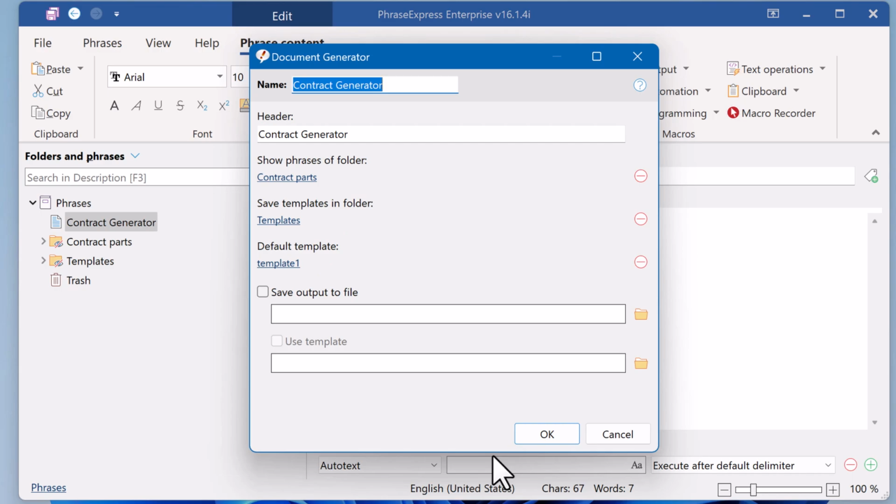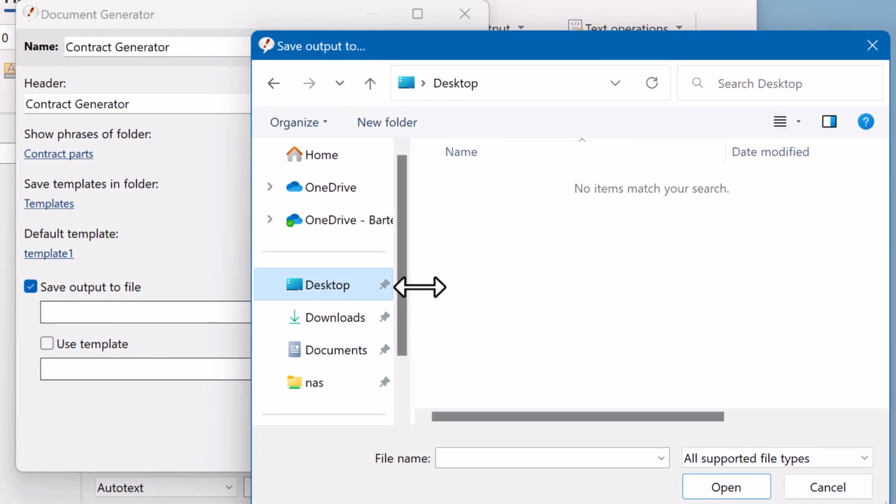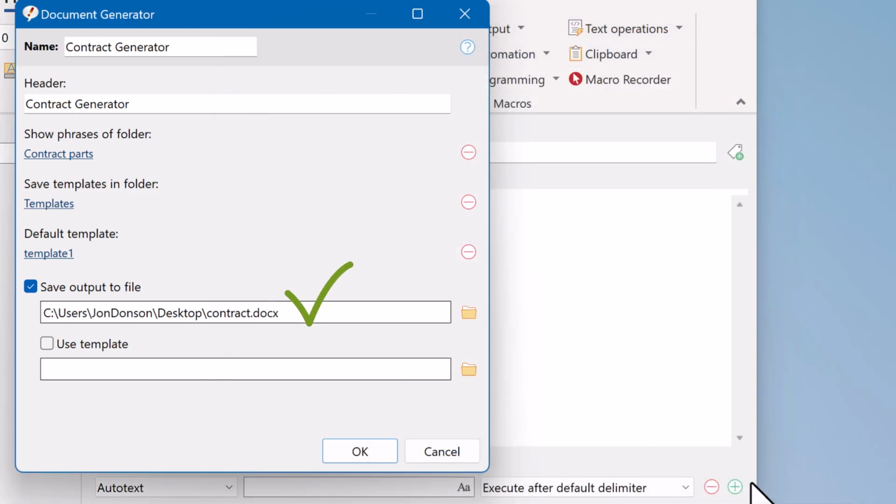Now, if you would be finished, the document generator would insert the generated document into the target application. Alternatively, you can save the generated document as a document file anywhere on your hard disk. You can even specify a specific directory and file name. For example, on the desktop, and give it a name. Now, due to the static file name, the document generator would override the file if it already exists, but you